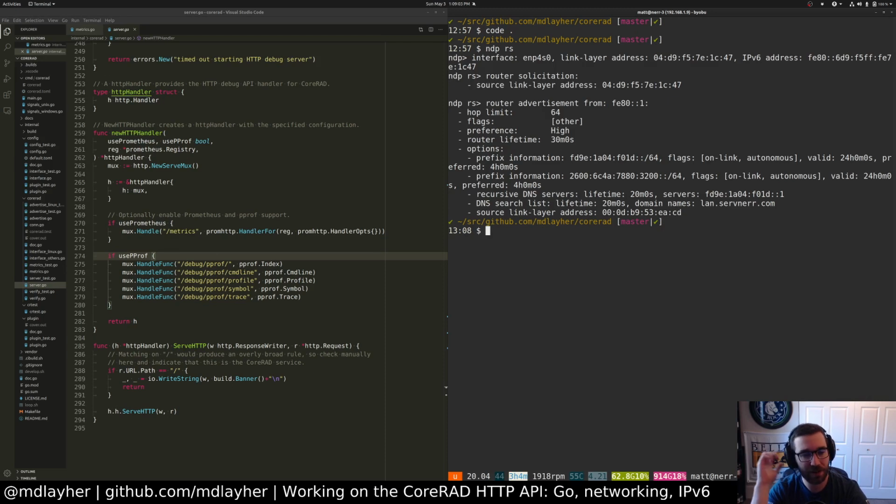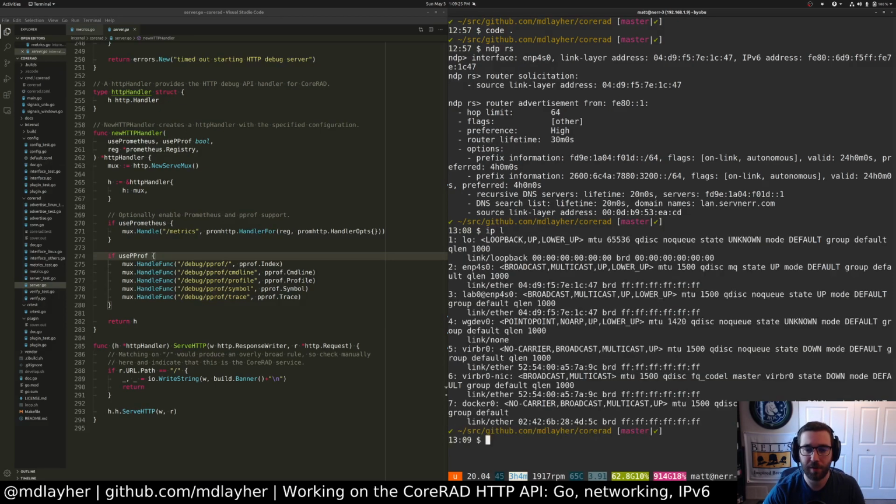over HTTP. So I have a basic HTTP API here, and what I've been looking at, on the left, is this HTTP handler type, and this is exactly all the HTTP functionality I've done so far. I think it would be pretty useful to have some sort of debugging API that shows you the processed router advertisements. So for example, I can run this and I can see the router advertisements for my primary